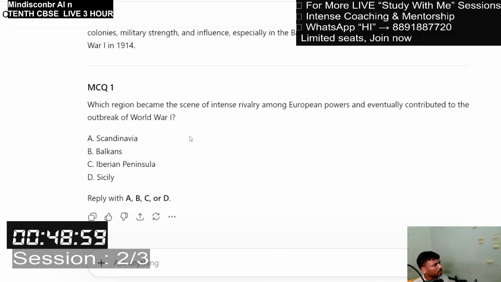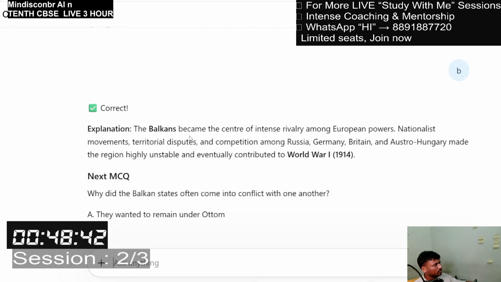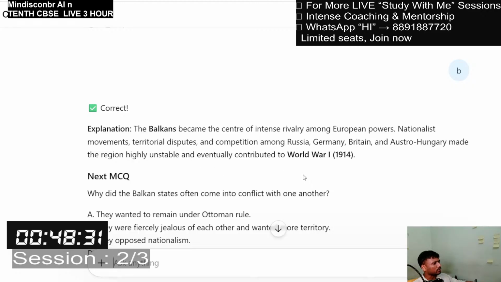Which region became the scene of intense rivalry among European powers and eventually contributed to the outbreak of World War One? Balkans. Explanation: The Balkans became the center of intense rivalry among European powers. Nationalist movements, territorial disputes, and competition among Russia, Germany, Britain, and Austro-Hungary made the region highly unstable and eventually contributed to World War One,